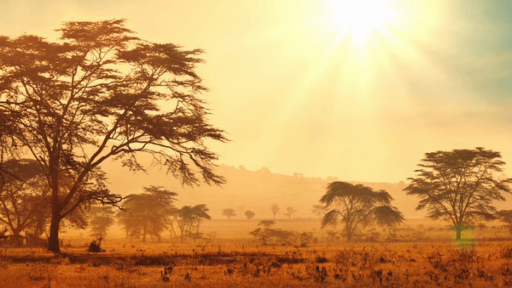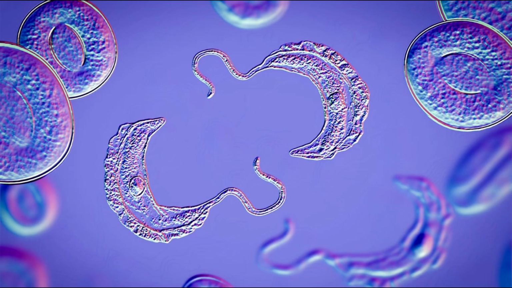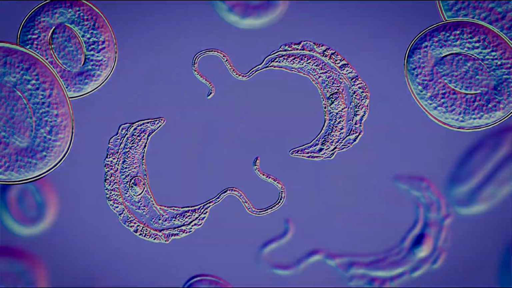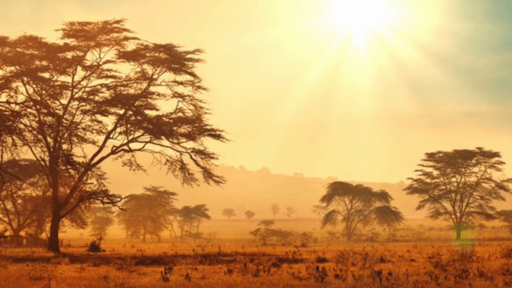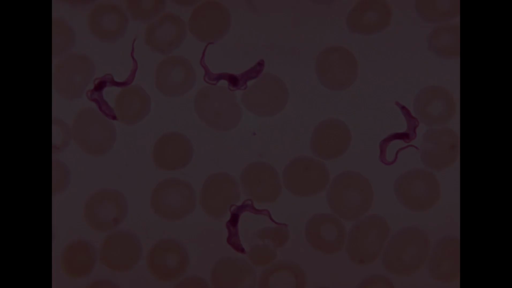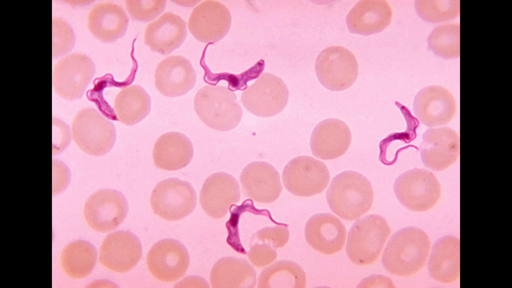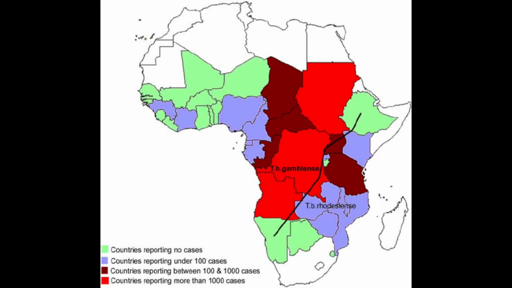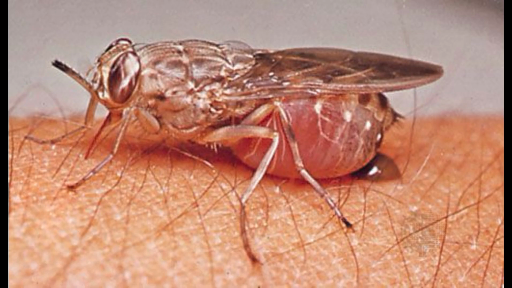The disease I will be discussing today is human African trypanosomiasis, or more commonly known as African sleeping sickness. Human African trypanosomiasis, abbreviated by HAT, is a disease caused by a parasite in the species Trypanosoma brucei. People can get this parasite when an infected tsetse fly bites them. A tsetse fly is the size of a honeybee with a grayish-brown color.